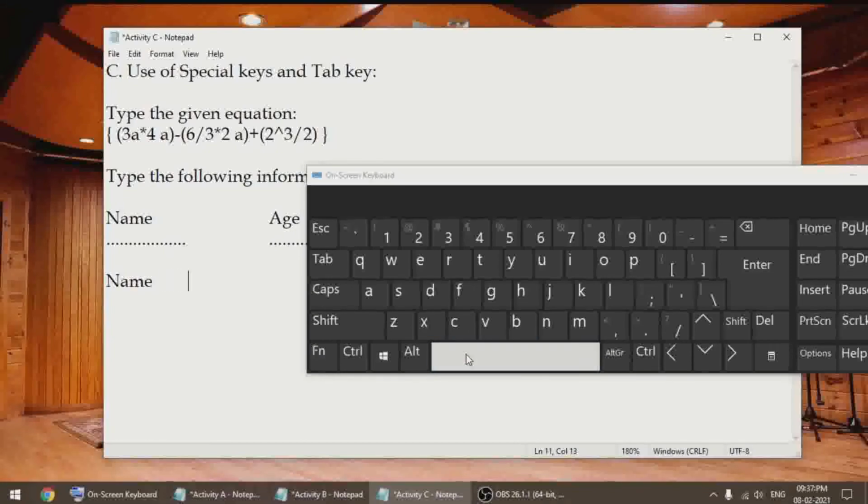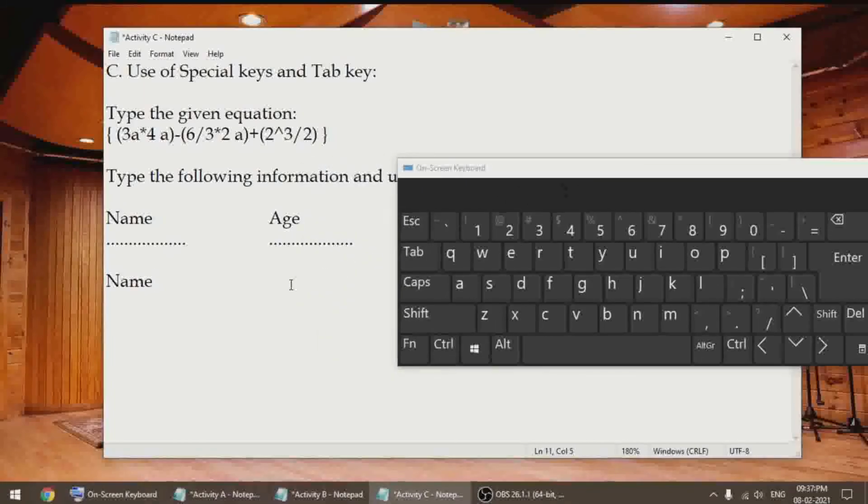Now notice when I press the space bar what happens. It is moving one character one by one. Now what happens when we use the tab key? Please notice carefully. It moves 5 characters at once. Please remember the tab key moves 5 characters at once.